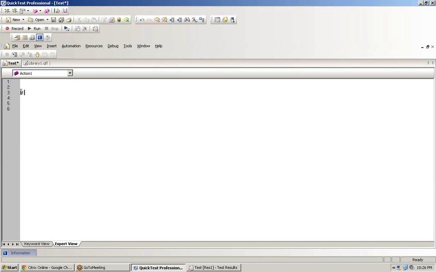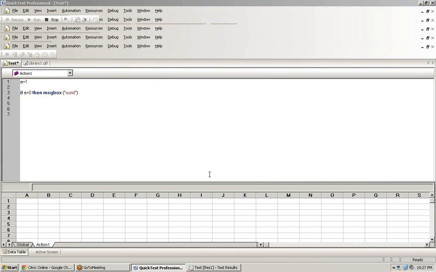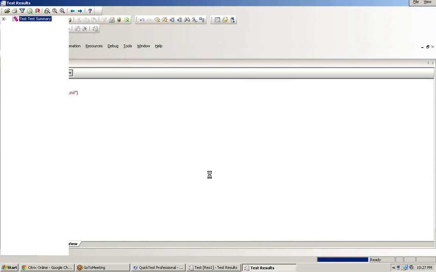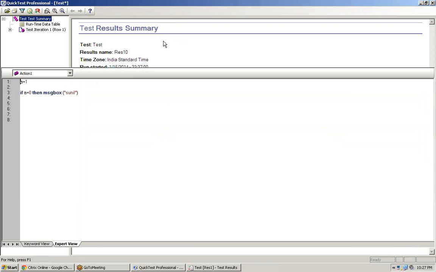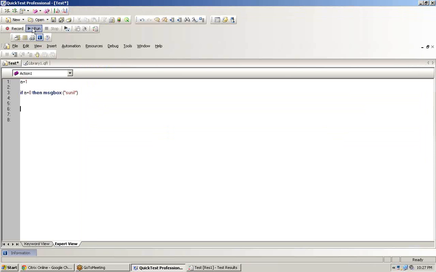So as soon as I type if, A is equal to 0, then, okay, let's see what it does. We don't have to do and if.